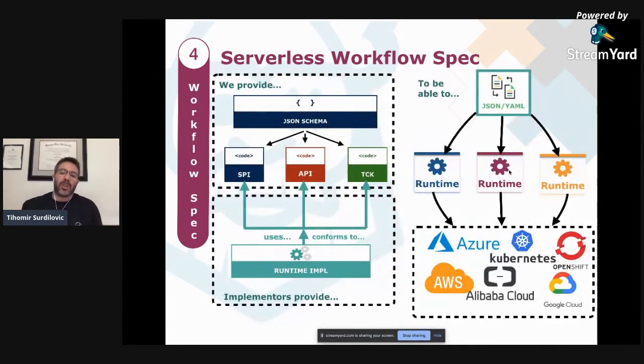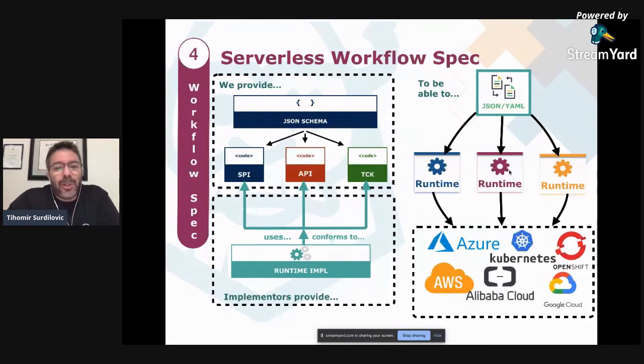So what is the serverless workflow specification at its core? The serverless workflow specification defines the JSON schema. This is the schema of the model of how you can describe your serverless orchestration. Out of this JSON schema, we can generate a lot of different things, for example, APIs, TCK, and stuff like that.